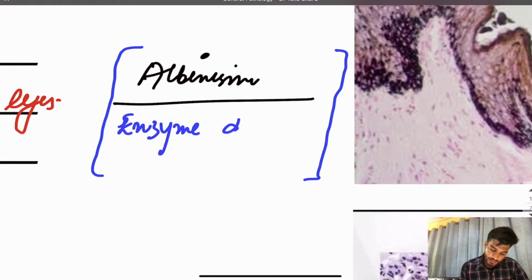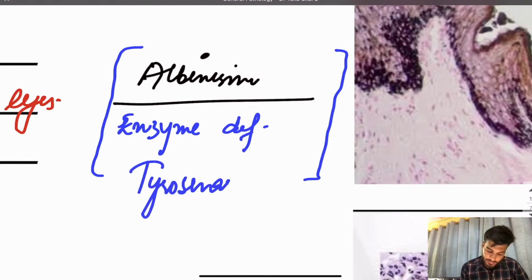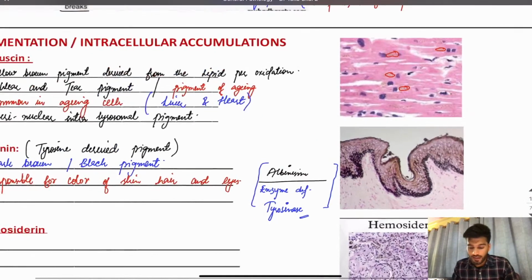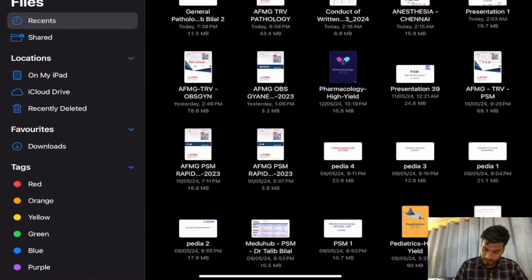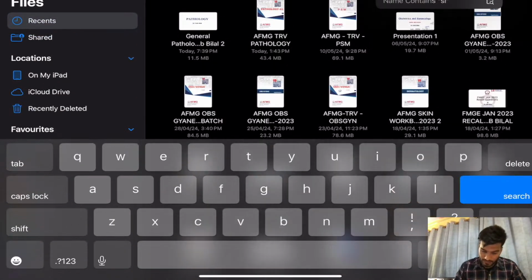Enzyme deficient, it's tyrosinase. Enzyme deficient is tyrosinase. If you want to see the classical picture of albinism, guys,